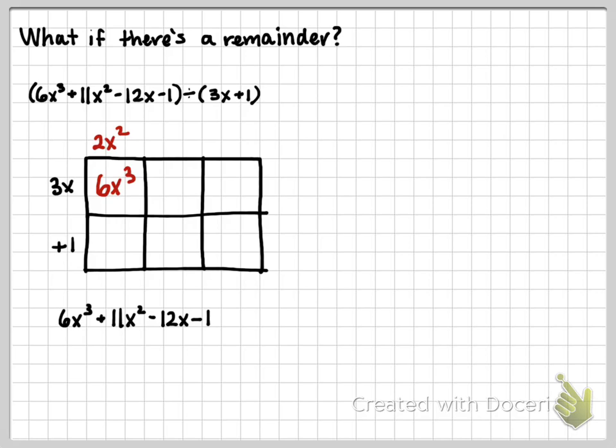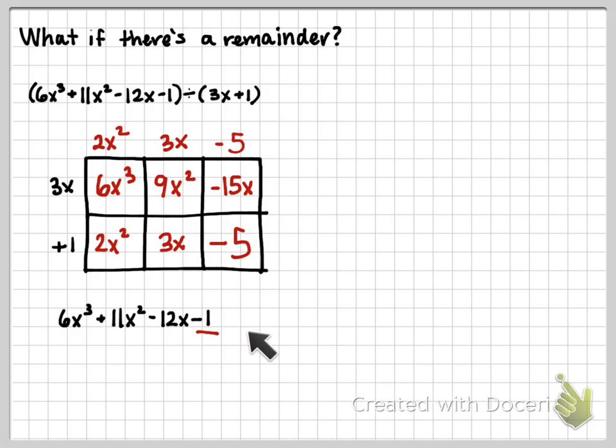My 6x cubed goes right there in that box, and I know that I get 2x squared on the top in order to multiply to 6x cubed. I can then fill in my 2x squared on the bottom, and I know that I'm going to have to add 9x squared to get to this 11x squared down on the bottom. Okay, so then in order to get to 9x squared, I'm going to have to multiply 3x by 3x, and then I can fill in this 3x on the bottom. Now, to get from 3x to negative 12x, I'm going to have to subtract 15x, so that's what goes there. I fill in the rest of my chart, so I get a negative 5 on the top, a negative 5 in that last box, but